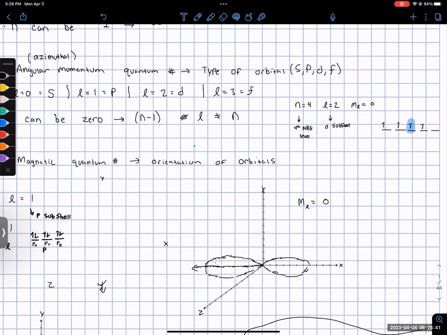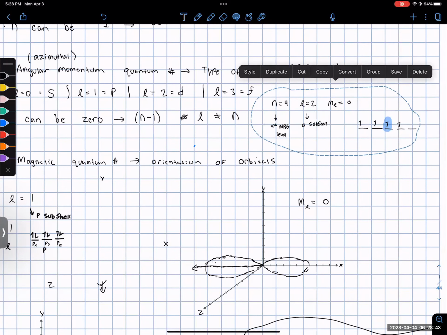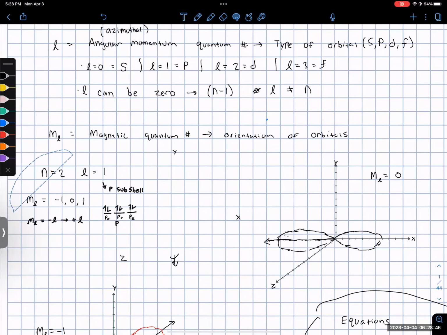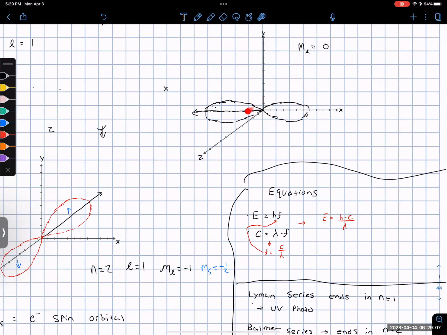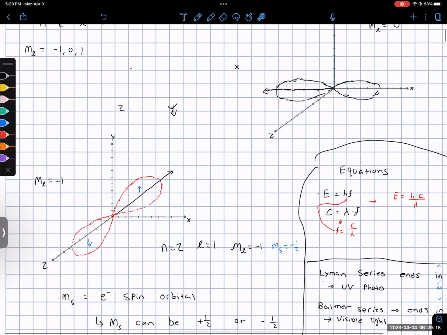So are there any questions so far? I told y'all this is a very confusing topic, so make sure you ask questions if you have any. But let me show you the diagrams of what the p subshells look like. What I mean by different orientations of the p subshells is that we have px, py, and pz. We said that p orbitals look like a dumbbell, right? So p orbital x is located along the x axis. p orbital y